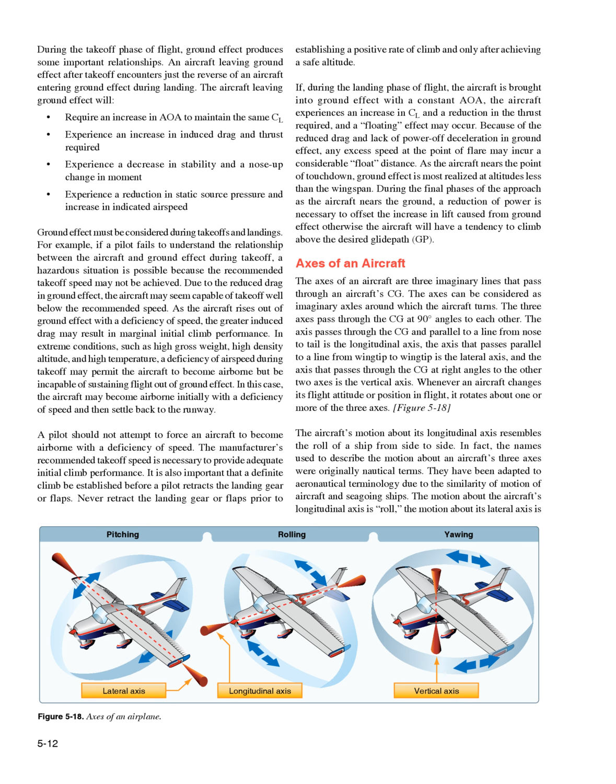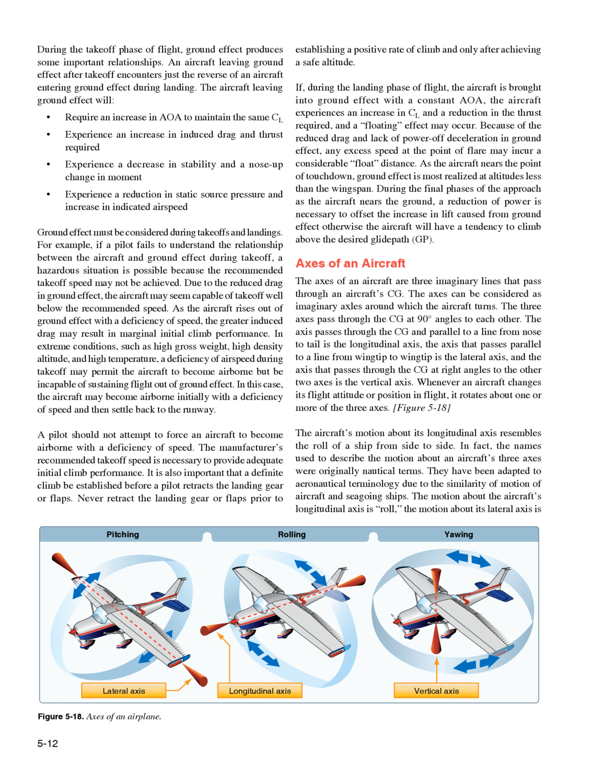For example, if a pilot fails to understand the relationship between the aircraft and ground effect during takeoff, a hazardous situation is possible because the recommended takeoff speed may not be achieved. Due to the reduced drag in ground effect, the aircraft may seem capable of takeoff well below the recommended speed. As the aircraft rises out of ground effect with a deficiency of speed, the greater induced drag may result in marginal initial climb performance. In extreme conditions, such as high gross weight, high density altitude, and high temperature, a deficiency